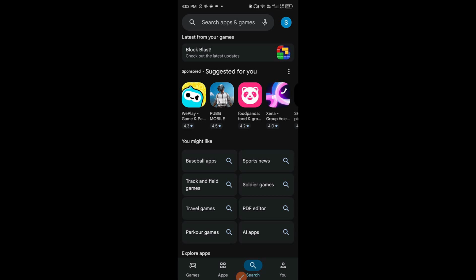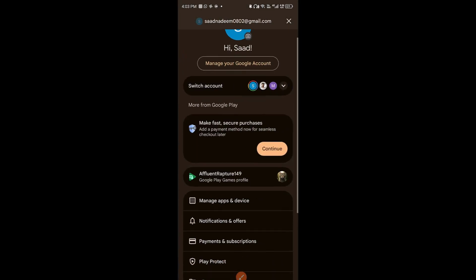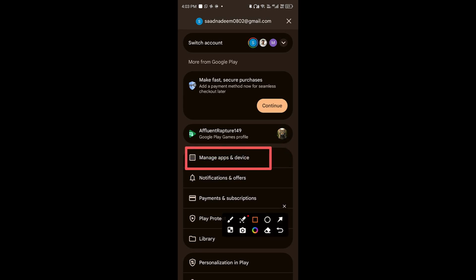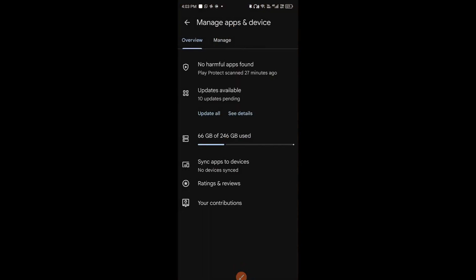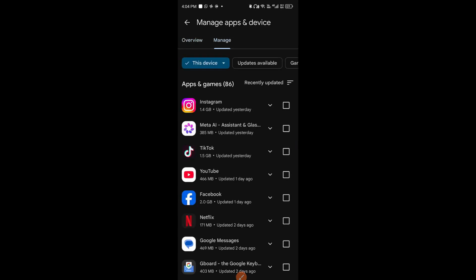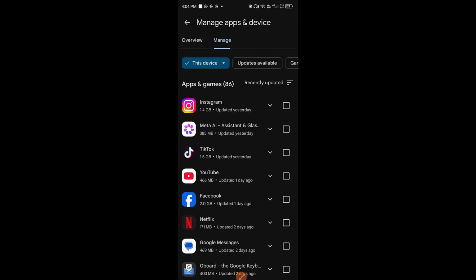First of all, when you head over to the Google Play Store, on our right here, we see this profile icon. Click on that, and from here we choose the second option that says something like manage apps and devices. Click on that, and from here we have two menus. We will click on manage, and from here you will see the list of all the apps that is available